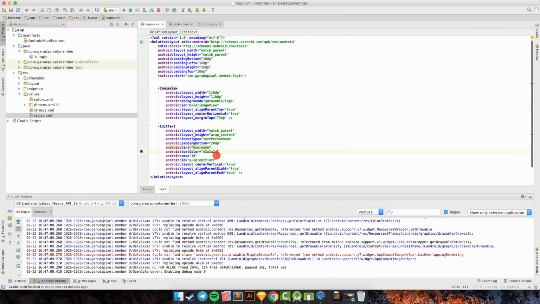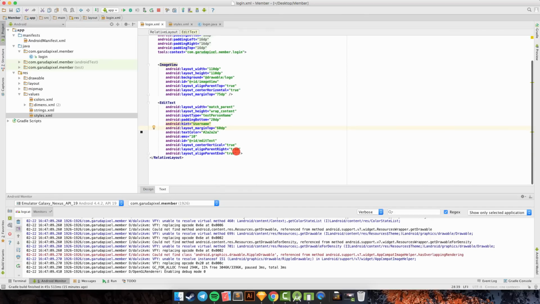So we can change the margin top, I think 60 dp. Okay, it's enough.